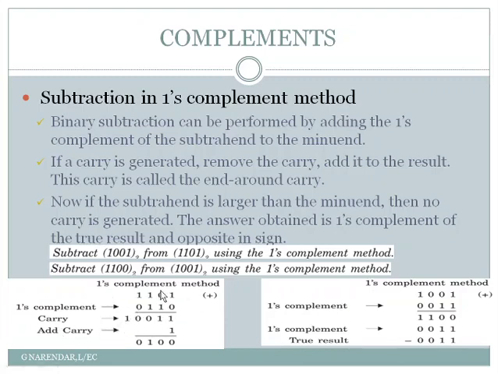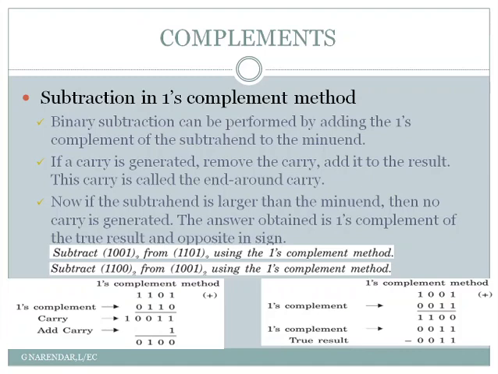And here also you can see the first example, subtract 1001 from 1101. That means from 1101 you are subtracting 1001. So 1101 is your 13. From that what are you subtracting? 1001, you are subtracting 9. So from 13 if you subtract 9, the result is 4, and you can see that 0100 actually represents the decimal 4. And this is how we perform subtraction in ones complement method. Here the subtraction operation is actually changed to addition operation when we take the complement of the subtrahend.